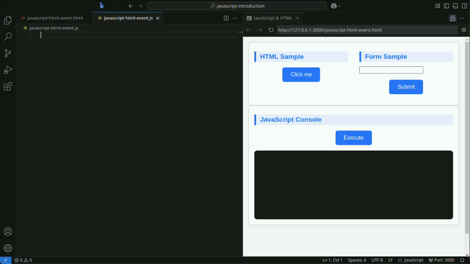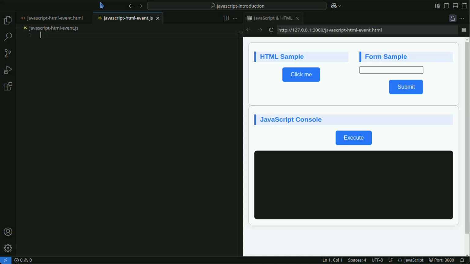Event handling in JavaScript is a mechanism to execute specific actions in response to user operations, such as clicks and keyboard inputs or browser actions. By setting up event listeners, you can create dynamic and interactive web pages. Events occur in response to user operations and browser actions. When an event occurs, the associated event handler function is executed.